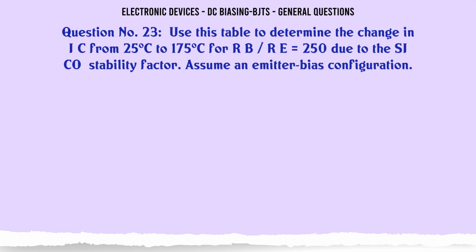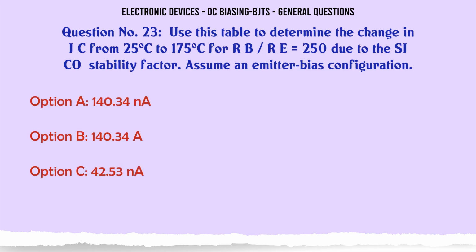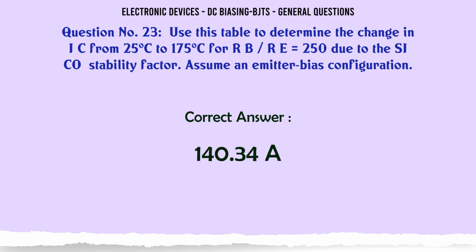Use this table to determine the change in IC from 25C to 175C for RB/RE 250 due to the psycho stability factor. Assume an emitter-bias configuration. A 140.34 nA, B 140.34 µA, C 42.53 nA, D 0.14034 nA. The correct answer is